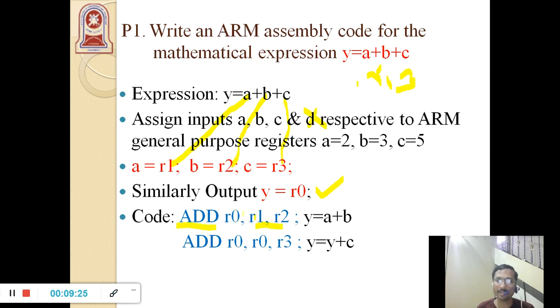Once again, this result is supposed to be added with one more input, that is C. So R0 consists of the addition of A and B. So I make use of the R0 register and then the R3 register. Once again, I perform the addition operation between those two. Finally, the result will be stored in R0. So now in a 2-line instruction we are able to perform a 3 input addition.